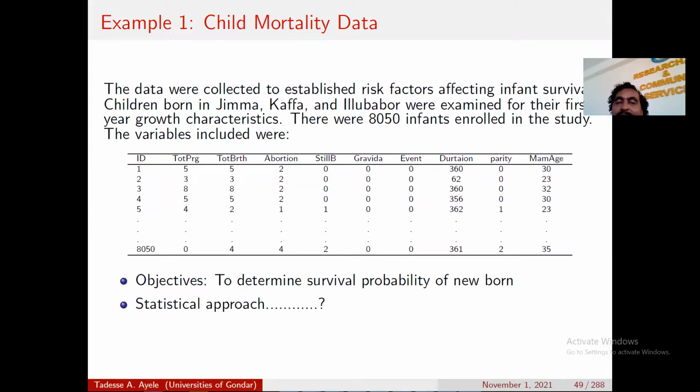The data were collected to establish risk factors affecting infant survival. Children born in Jimma, Kaffa, and Ilibabor were examined for their first year growth characteristics. So there were 8,050 infants enrolled in the study. The variables included were